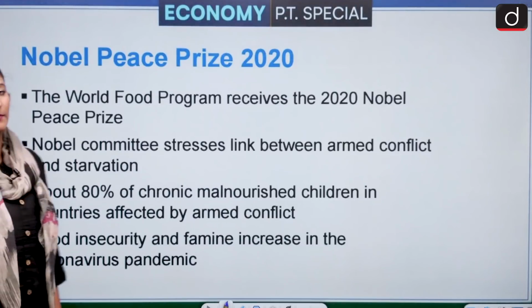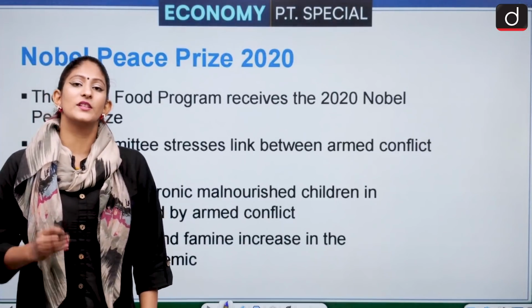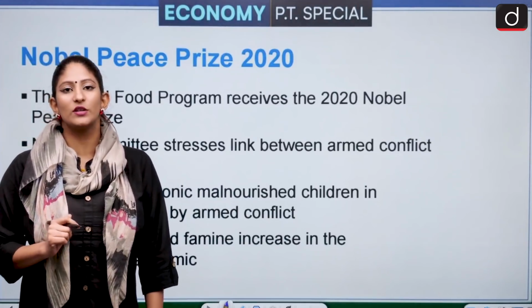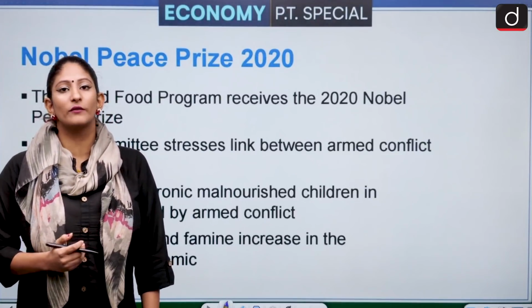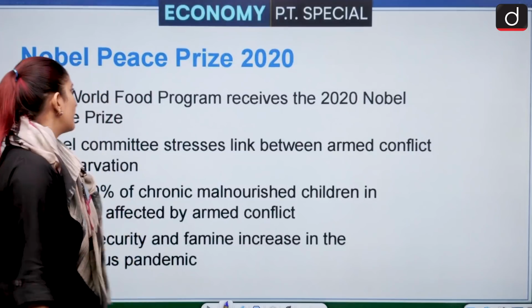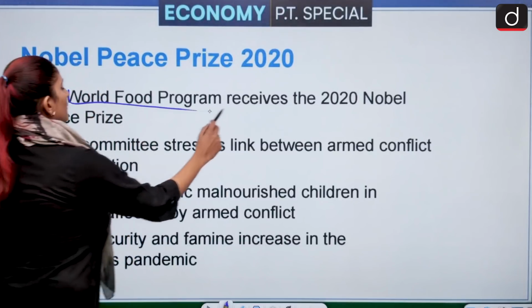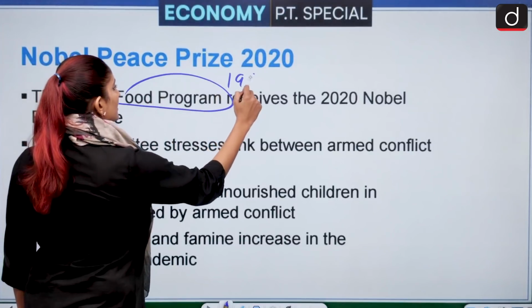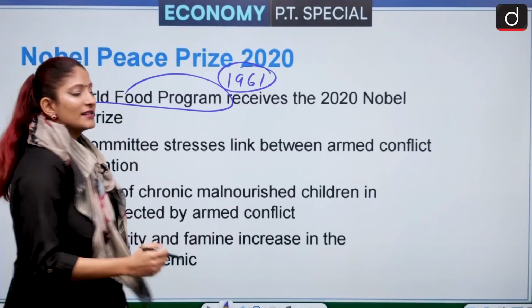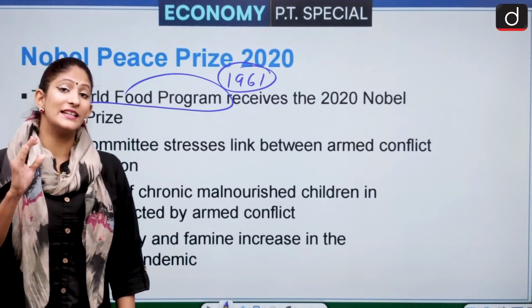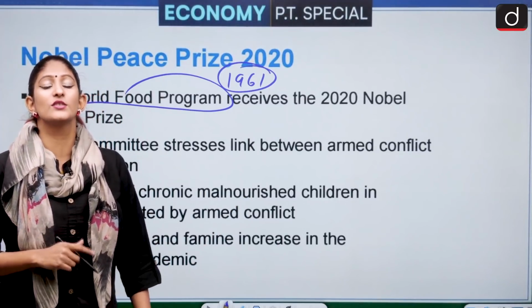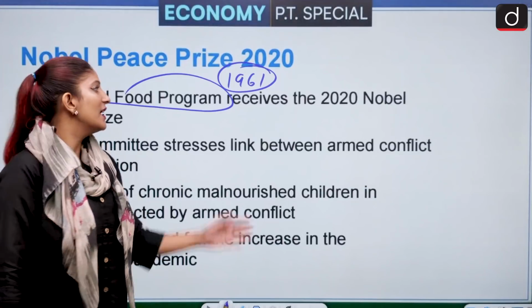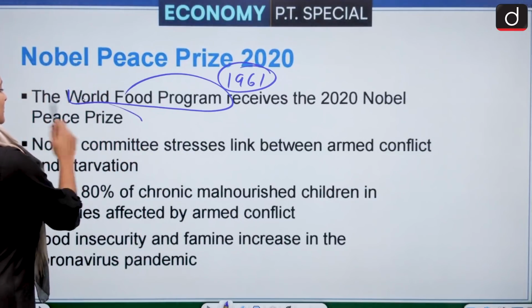Next, we will discuss the Nobel Peace Prize, which in the year 2020 was given to the World Food Program, the food aid agency of the United Nations. The World Food Program, which was established in the year 1961 and has been working in India since 1963, with its first ever mission in Sudan in 1963 as well, has won the Nobel Peace Prize,